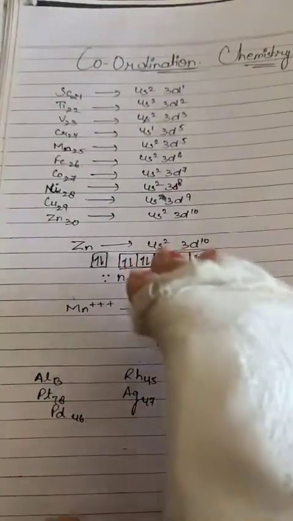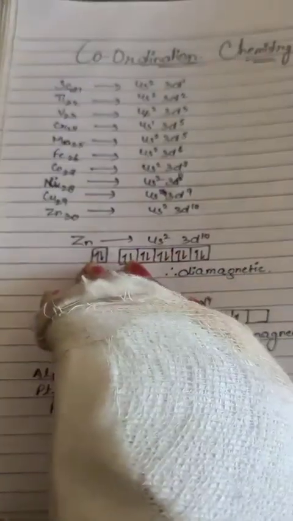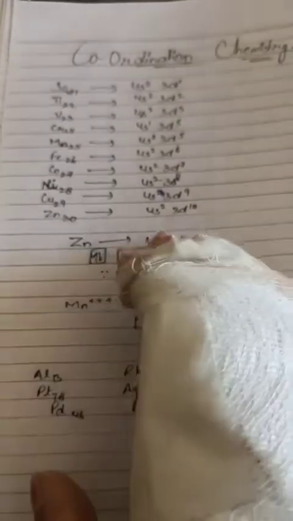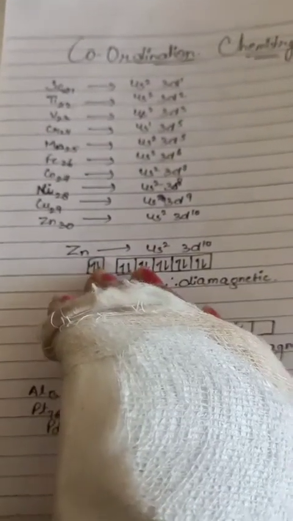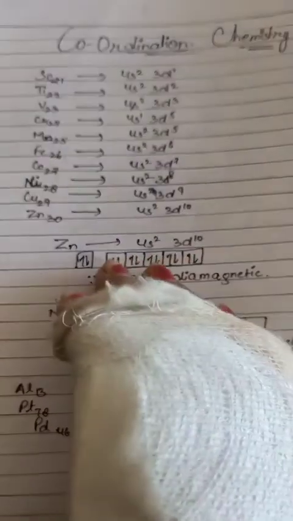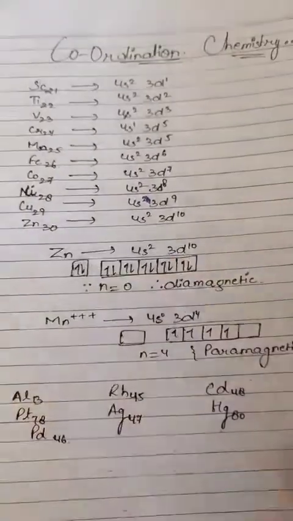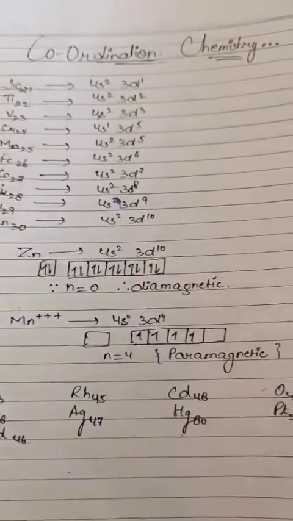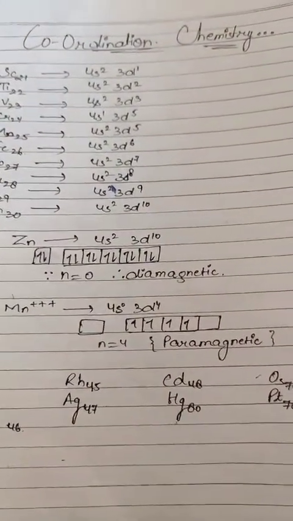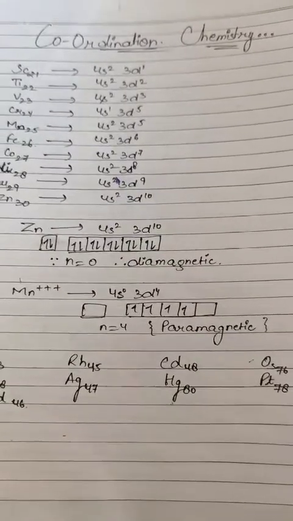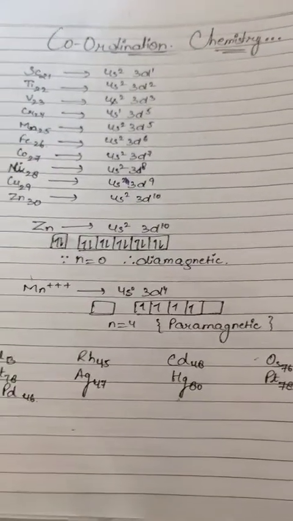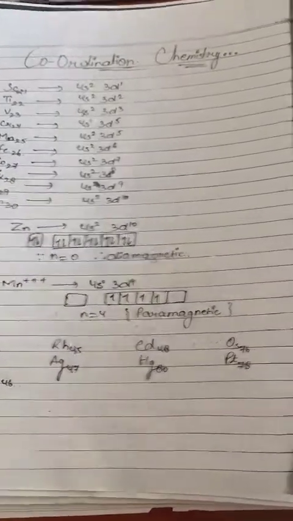Now in this one they are saying 4s2 3d10. In the s orbital they have full 4s2, meaning one is clockwise and the second is anti-clockwise. Now for 3d10, first of all we use the clockwise, 1 2 3 4 5. Then the anti-clockwise, 6 7 8 9 10. In this way we have to fill. If all blocks are full, we can say it is diamagnetic. If any electron is left single, then we do not say diamagnetic, we say it is paramagnetic. So write these things down in your copy, students.